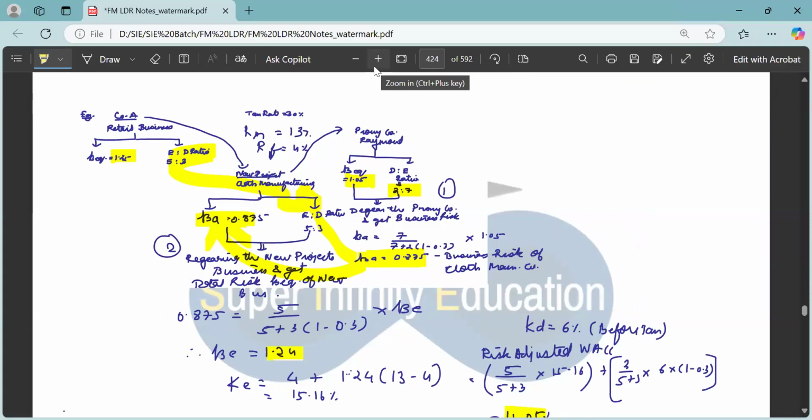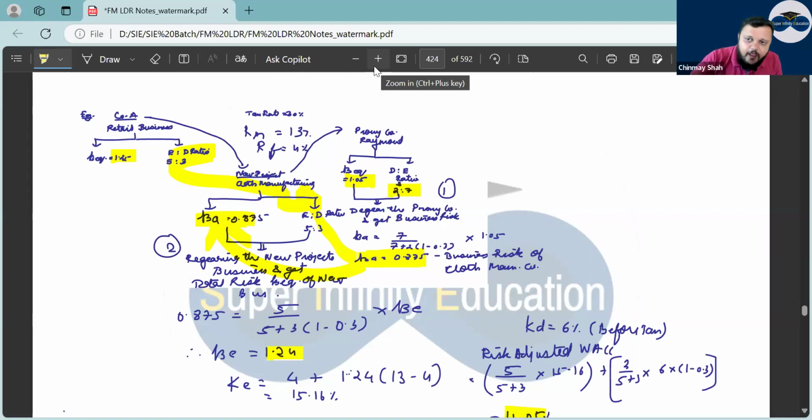No, if the market is not the same, then no. If the business is not the same, you cannot use it, correct? So what does the company do? First thing, it goes in search of a proxy company, which is in the same kind of business. Example, we have taken Raymond here, correct? Or whatever example I would have taken in class at that time. You would want to take the beta of asset or business risk from that company, but you don't have business risk already of that company.